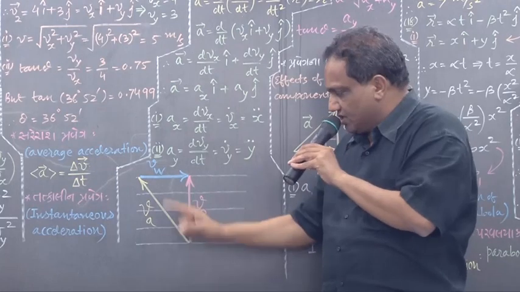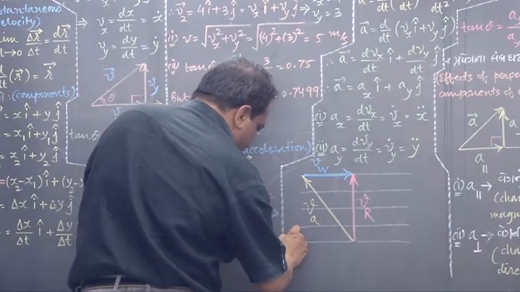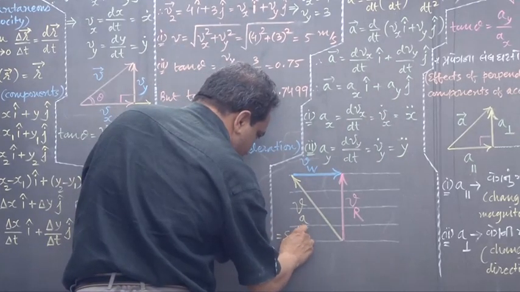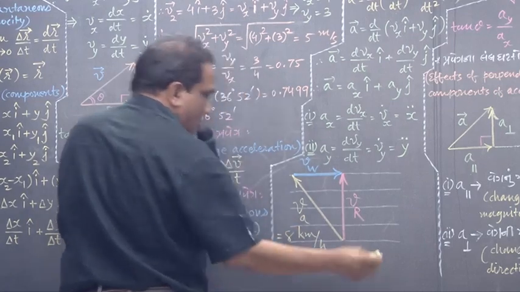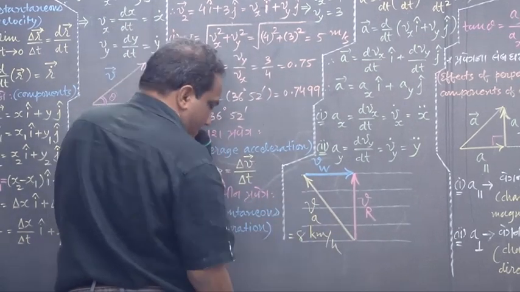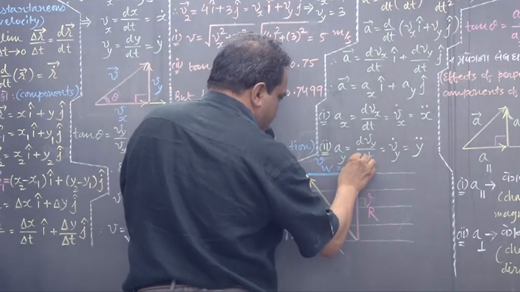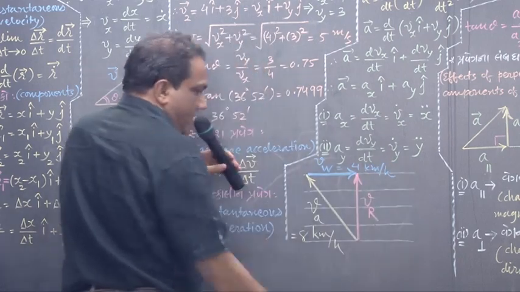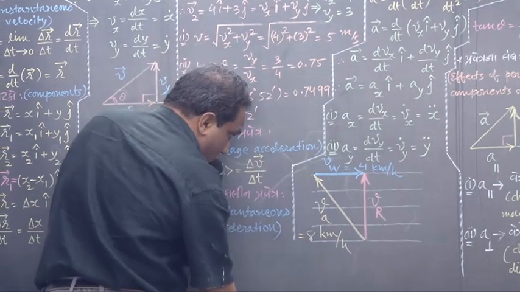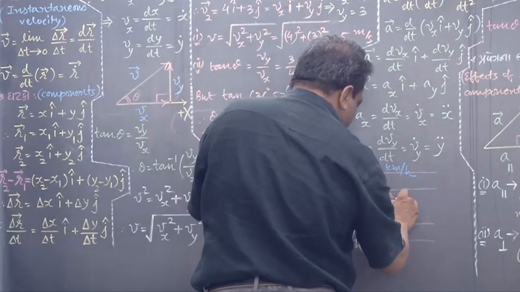This actual velocity you are given in the statement, I think 8 km per hour. Correct? 8 km per hour. Look, what about the velocity of water? They gave 4 km per hour. So this is 4 km per hour. And now we want this, VR. Come on, apply Pythagoras theorem.